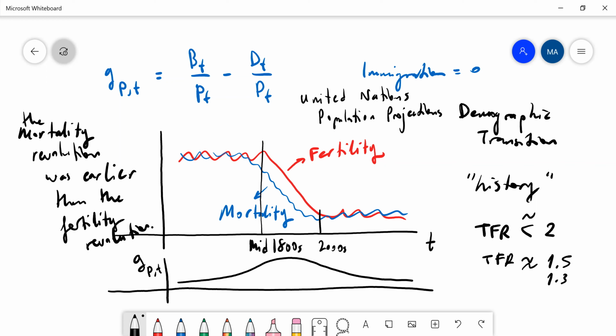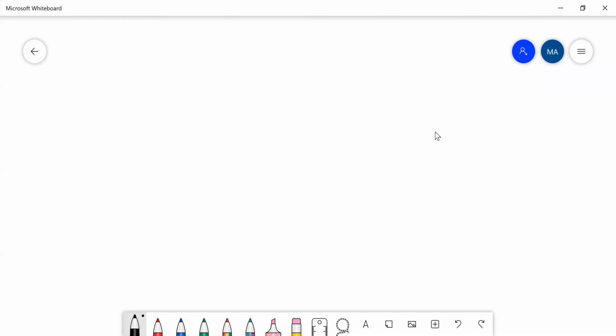But what we need to do, of course, is to understand why there is that particular shape in fertility and why there is that particular shape in mortality. Okay? So let me now proceed to